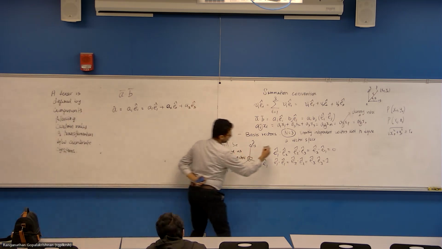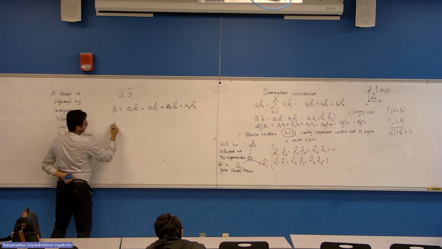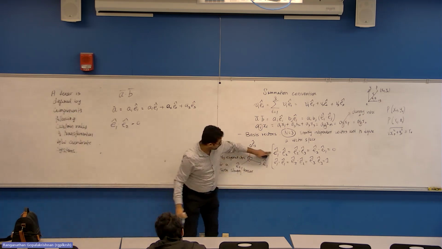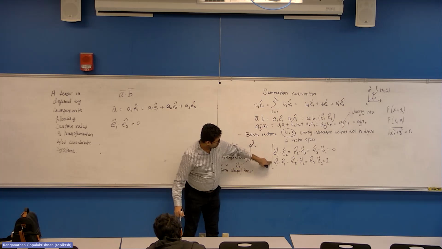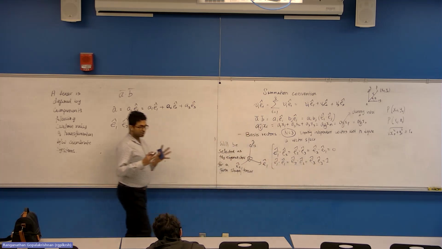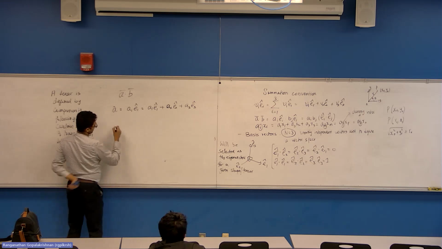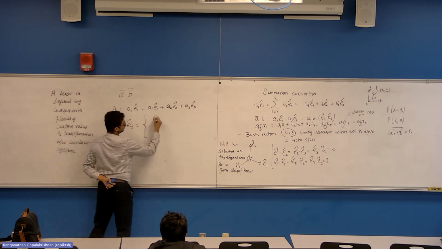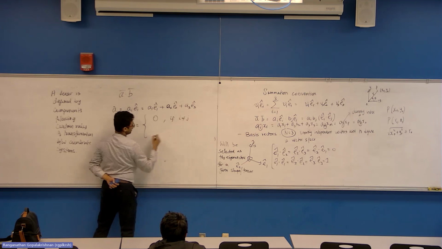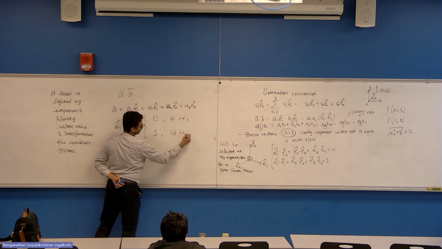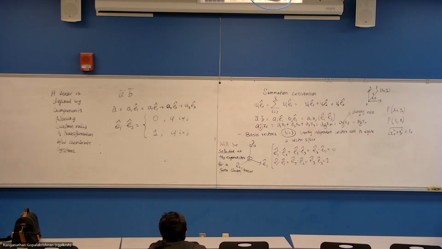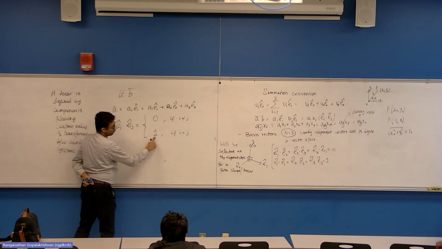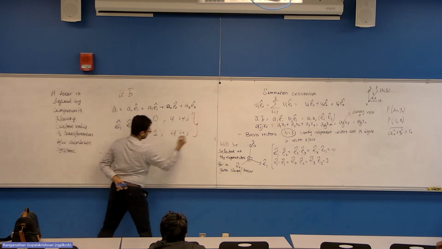So you look at this definition of unit vectors: we can write e1 dot e2, which is equal to 0. E1 dot e2 is 0 and e1 dot e1 is 1. This relation is expressed in a more compact form: ei dot ej is equal to 0 if i is not equal to j, and equal to 1 if i equals j. This function, defined as 0 if the two indices are not equal and 1 if the two indices are equal,